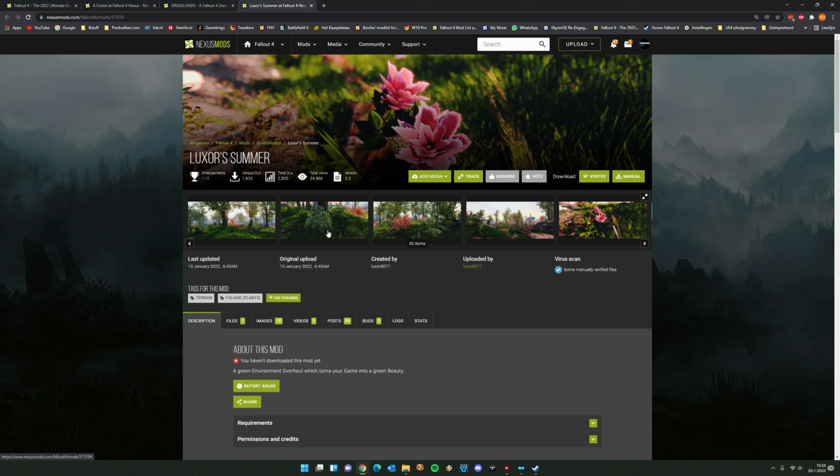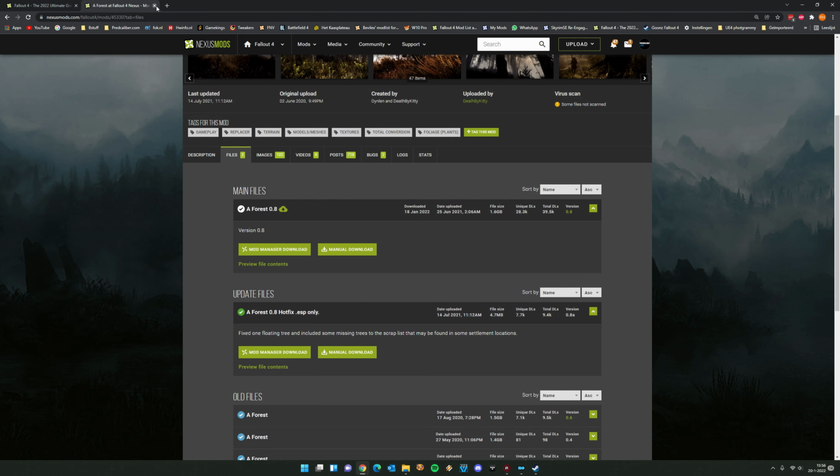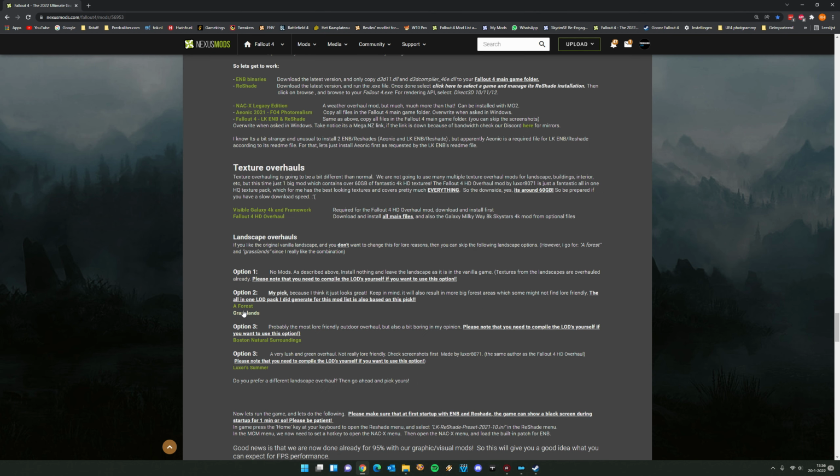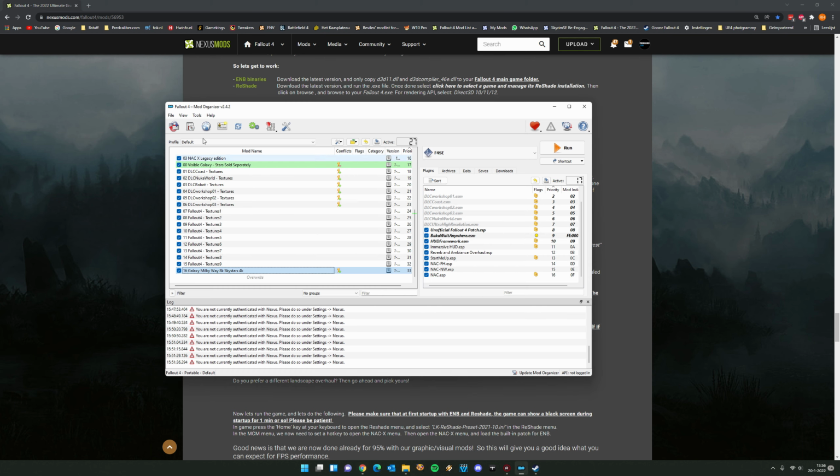So, but this is really green, and this might be considered a little bit lore unfriendly. So again, options, it's up to you. I am going with a forest and grasslands. So I'm going to add these mods,